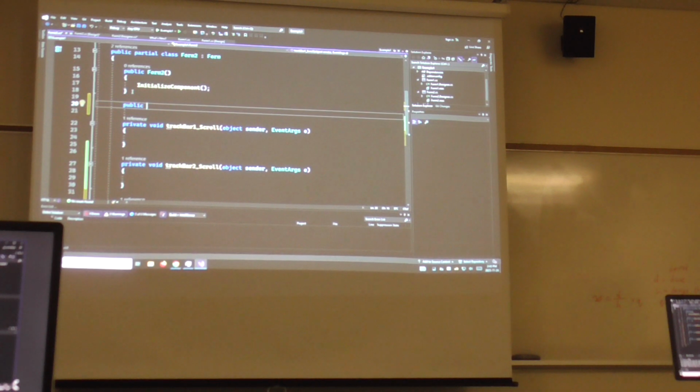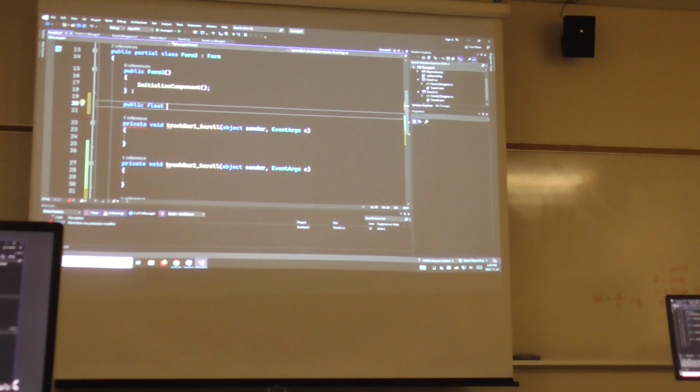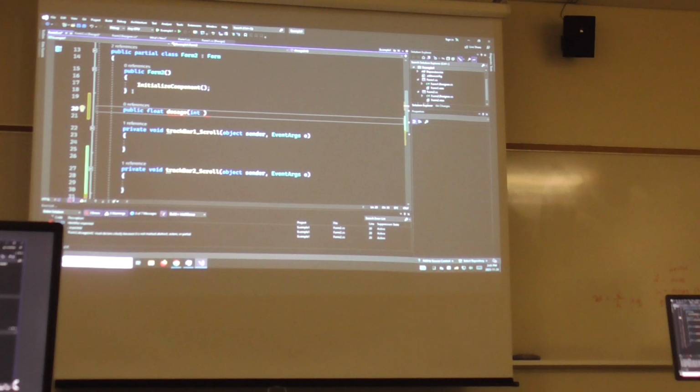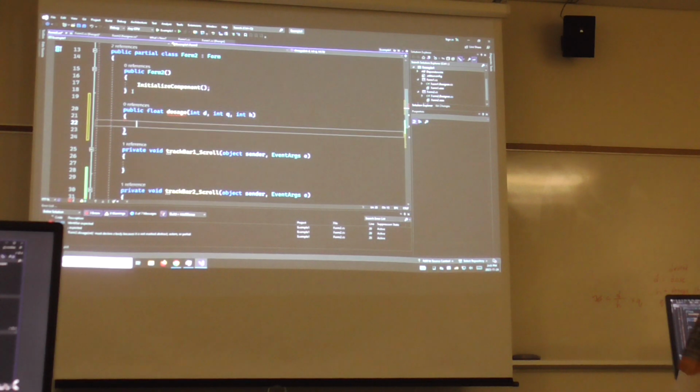Public float dosage. Technically, these track bars produce ints, so we'll have ints going in and a float coming out. So in goes D, in goes H, in goes Q. And we return